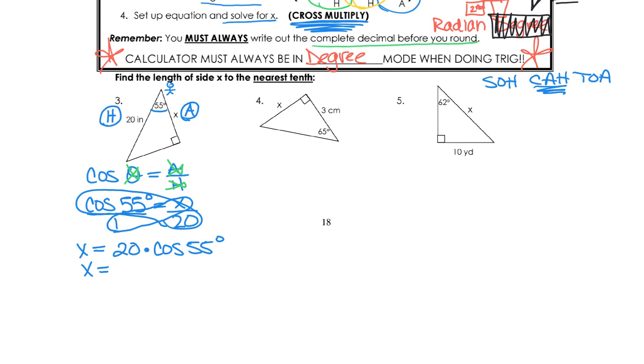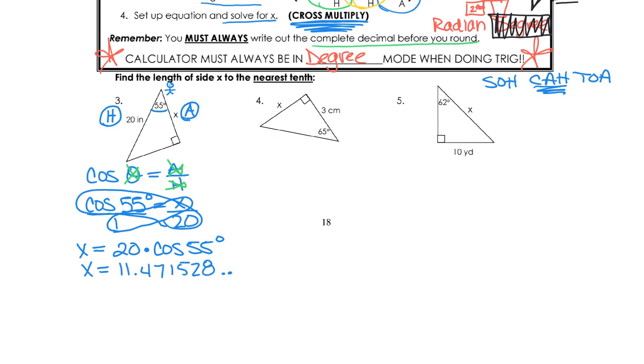Now that it's in degree mode, type in 20 times cosine. Okay. And the cosine is right above your 789 key in your calculator. Actually, it's right above the parentheses, right above the 8. All right. So 20 times cosine 55. Okay. If you write it like that, you do not have to close the parenthesis after 55, but it's up to you. Once you hit enter, you should end up with